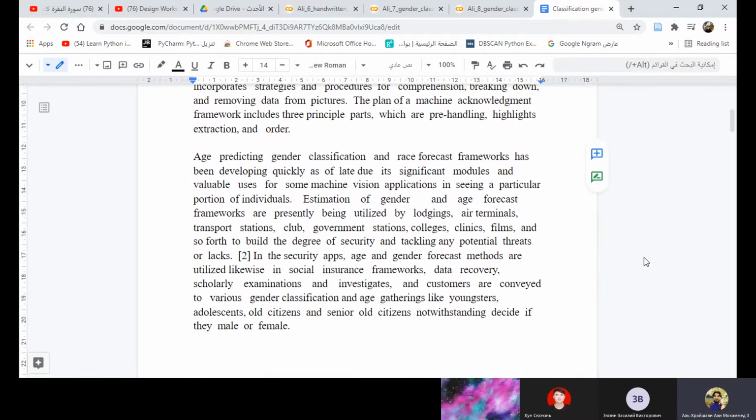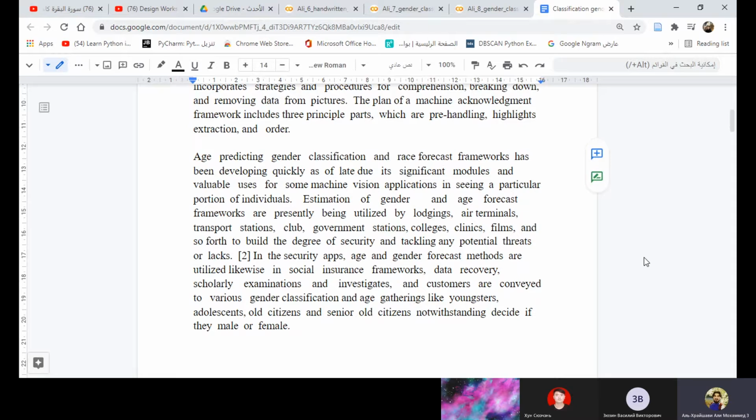Age prediction, gender classification and race forecast frameworks have been developing quickly as of late.